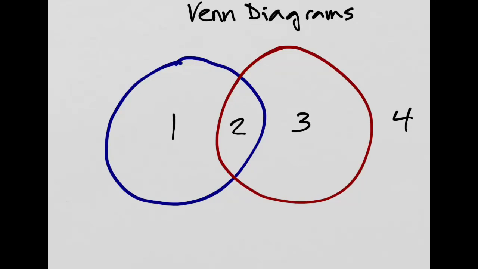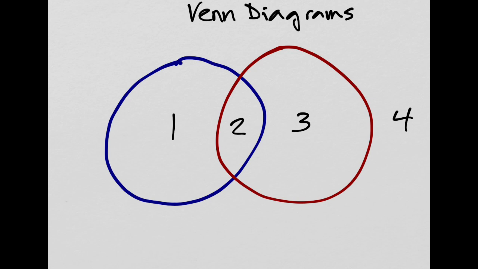All right, well, what you're looking at here are Venn diagrams, at least as far as we will be dealing with them in this class. Basically, it's two overlapping circles. I've had one here in blue and the other in red. And these Venn diagrams, of course, split the entire universe up into four areas, as you can see